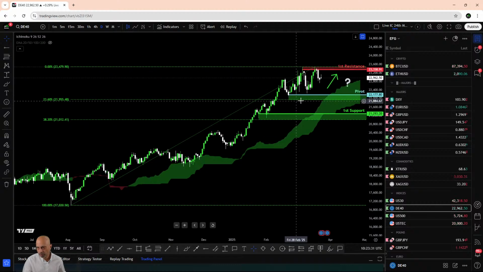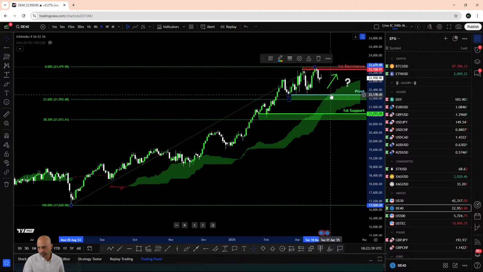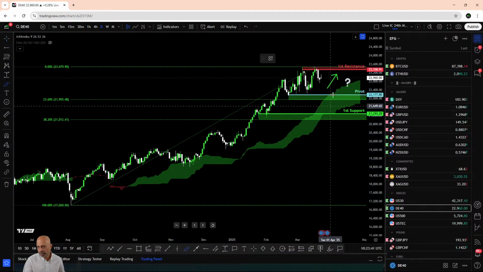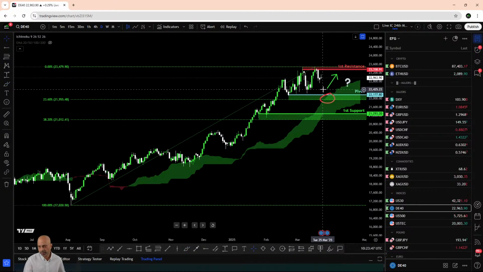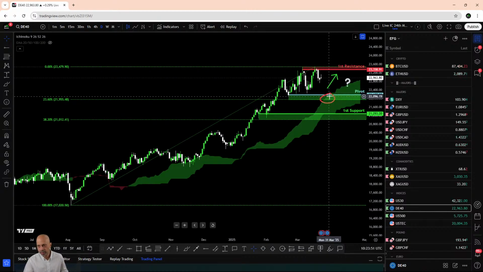Sorry. So the intersection of the pivot, which is a multi-swing low support, the 23.6% Fibonacci retracement, and the Ichimoku cloud itself helps us identify a pretty strong support zone. And should we see this pullback extend even further, I think we could see the DAX stabilize around this support zone. And if that were to happen, it would help us identify a potential opportunity to go long on the